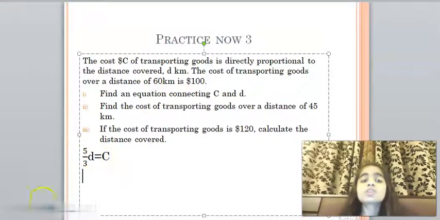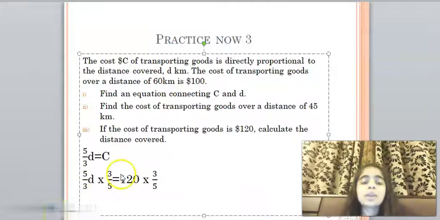Equals 120. So 5 upon 3D equals 120, and then I need to isolate this D. I need to make this D alone to actually find this D. So I will multiply the whole equation by 3 upon 5 so that I can cancel out this 3 with this 3 and this 5 with this 5. So I will be only left with a D here,